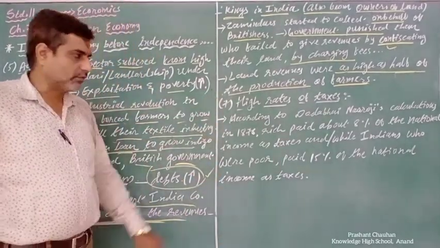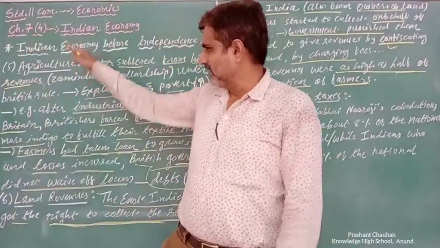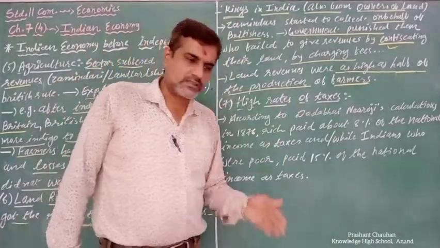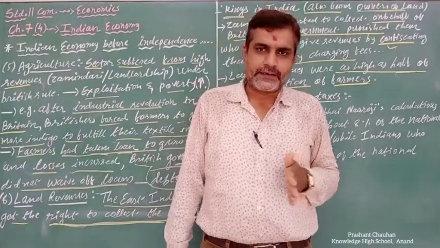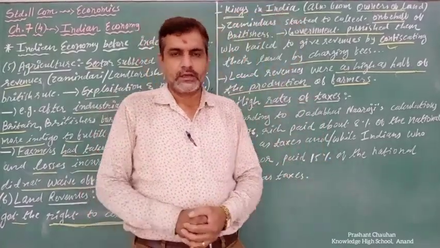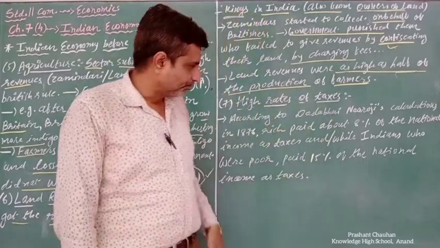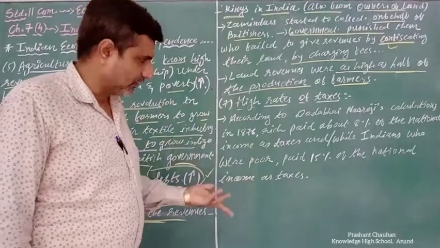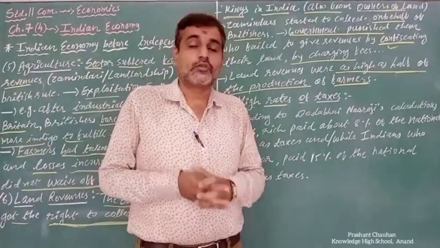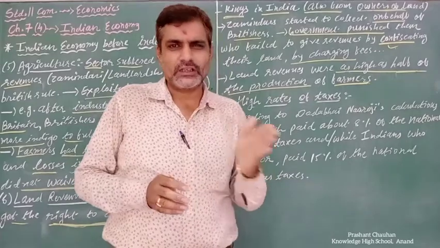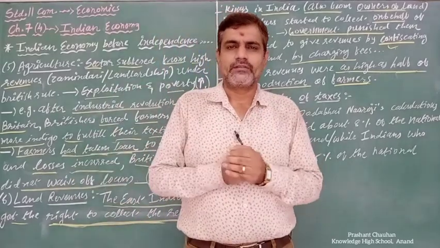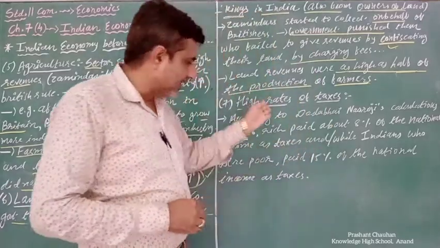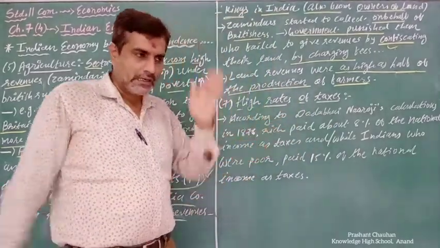Next one, that is the seventh one. High rates of taxes. All 3 points are connected with each other, right? See, at present, different tax slabs are there, right? 10%, 20%, 30%. It is a different thing than at that time. We are facing different problems at present. So what was that time? We don't know. Even now the different types of tax slabs for our economy are very different, right? The common man cannot understand it, one has to go into detail. So regarding that time, it was a very crucial time period and high taxes were there.